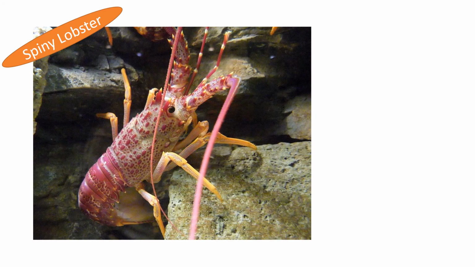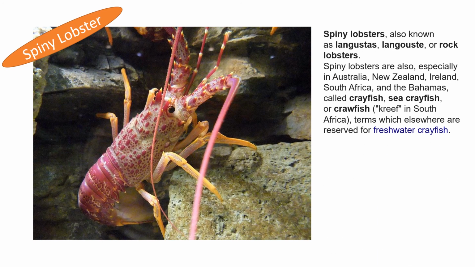Now here it becomes a little tricky. You have something called spiny lobster. Spiny lobsters are also called langoust or rock lobsters. What's the difference between these and lobsters? Look at it carefully. They do not have any claws. So they are pretty much like lobster, but they don't have any claws, and they are called spiny lobsters. These can grow pretty large. I've seen sizes up to 1.5 kilos, and I believe they go up to 3 kilos. Spiny lobsters are pretty huge.